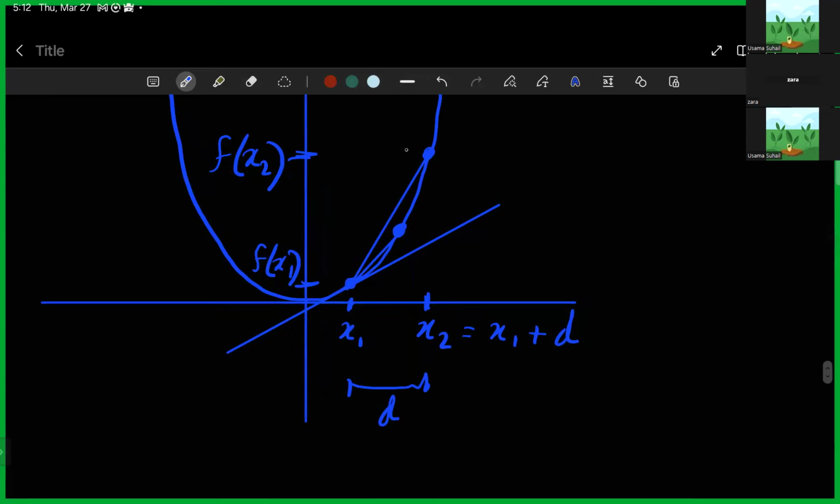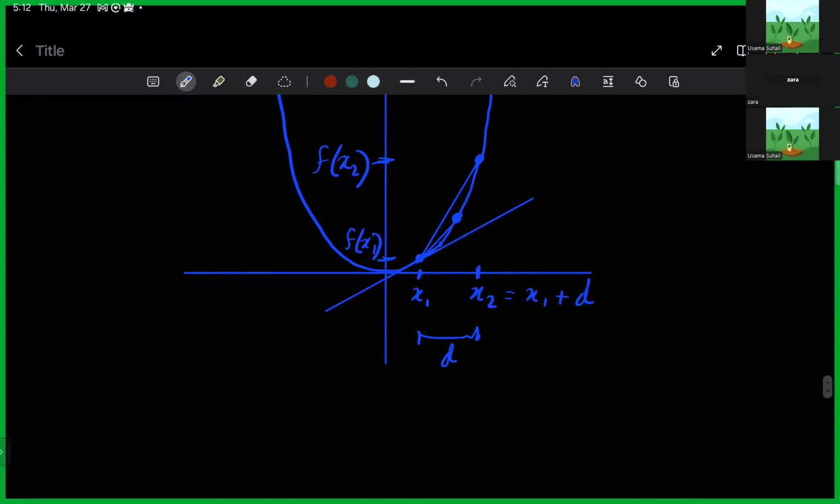The first one was way off. The second one is a little less off. If I take this point now, it would become even closer to the tangent, right? So what is happening here is, if I choose the second point to be closer to x1, the gradient gets closer and closer to the gradient of the tangent, right? So essentially what we are trying to do now is find a gradient between one point and the point right next to it,